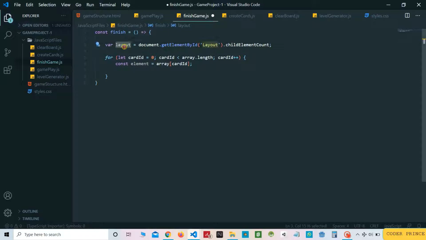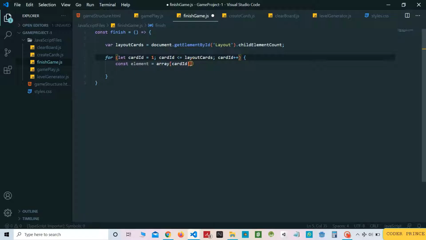So if we choose the 6 cards, this will have the value of 6. So we just name it layoutCards. Also the card id will go from 1, since we have named the card buttons from 1, so it will go from 1 to the last of the cards.